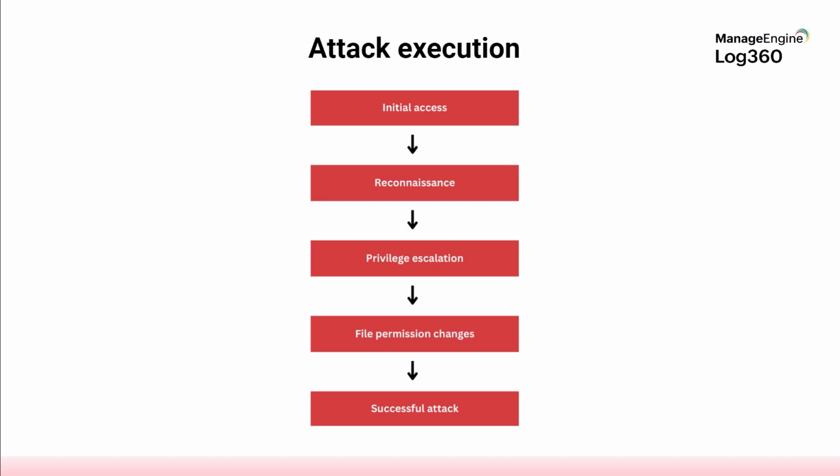Threat actors may begin by carrying out phishing or other social engineering attacks to gain initial entry into the victim system. They may then use tools or scripts to scan for files with weak or overly permissive access controls. Attackers then exploit this misconfiguration to elevate their privileges. They may then alter permissions to gain wider access or to enable the execution of malicious files. Attackers finally execute their goals, such as ransomware deployment, data exfiltration, or business disruption.